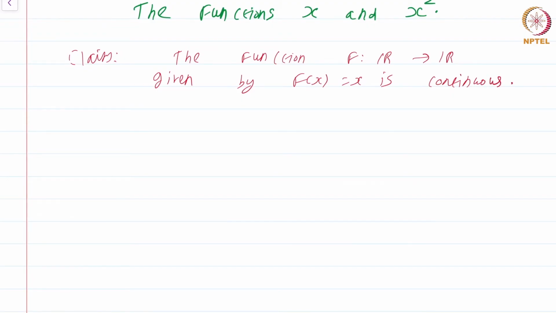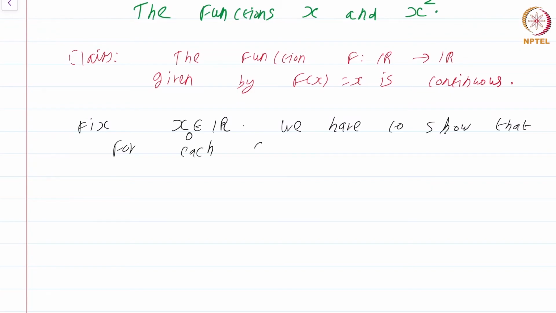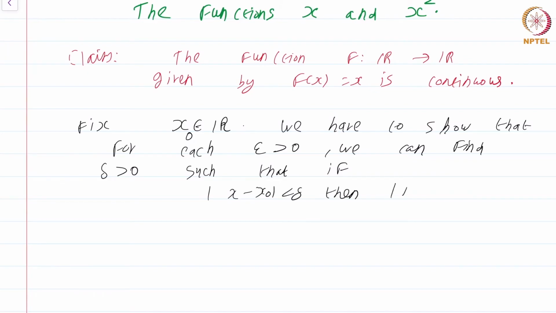So what we are going to do is fix x in R, or rather, to be ultra safe, fix x naught in R. We have to show that for each epsilon greater than 0, we can find delta greater than 0 such that if mod x minus x naught is less than delta, then mod f of x minus f of x naught is less than epsilon. I have written f of x minus x naught because f of x naught is actually just